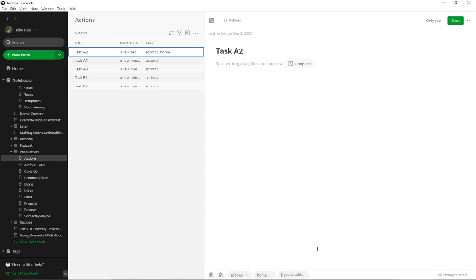We then start to think about efficiency. Like tasks can be grouped together for efficiency. Now, I don't tend to work that way. I don't do all of my phone calls together. I don't do all of my emails together at one point. I tend to work based on projects, but for efficiency purposes, it is helpful to be able to say, okay, I've got these 3 phone calls that I have to make to the various utilities and the bank and so on and so forth. I don't need to put those inside of a project. So we're going to go ahead and combine things by their context, their efficiency purpose,